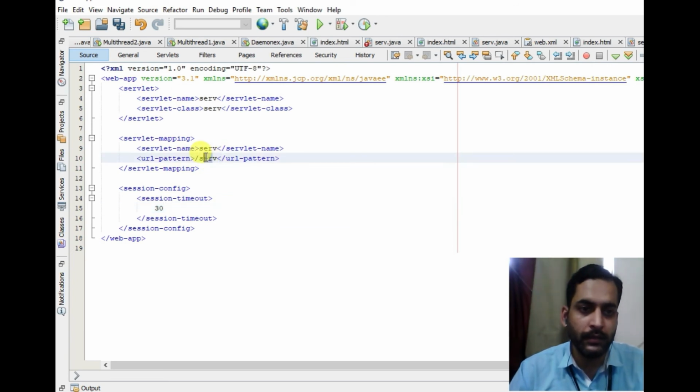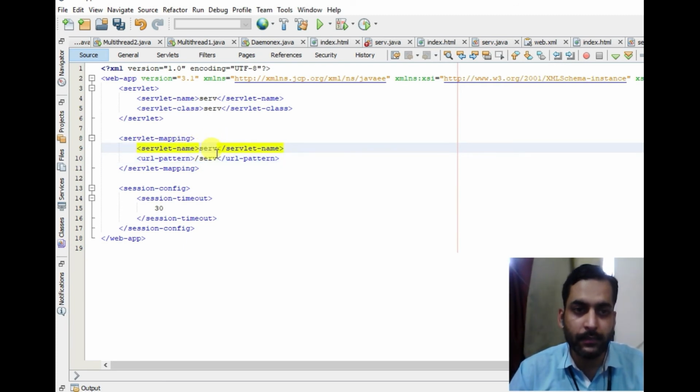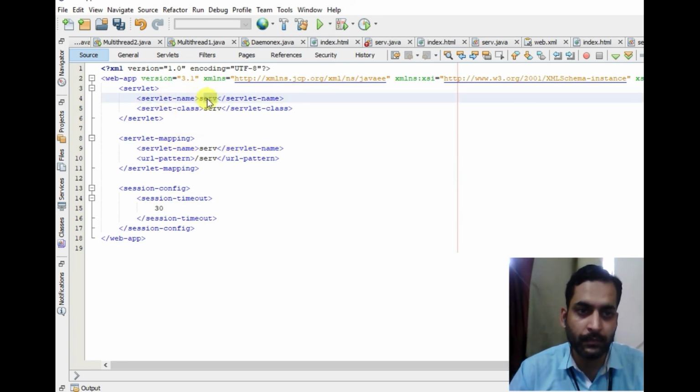Then the servlet container sees the servlet name corresponding to this URL pattern. This servlet name here is the alias name, that is a duplicate name. We can use any name here, but this servlet name and the servlet name here should be the same.